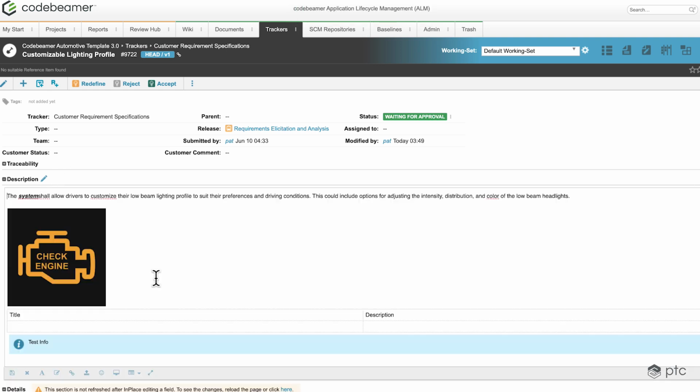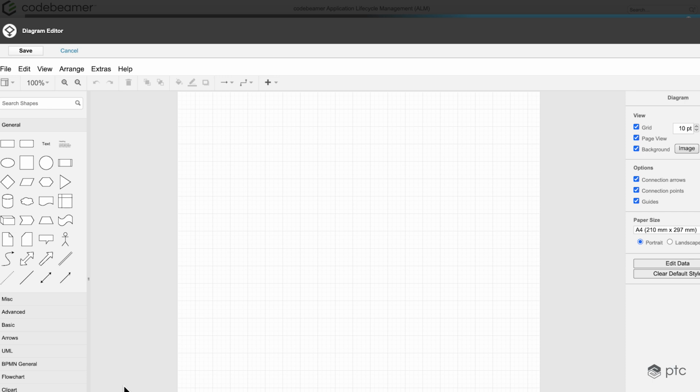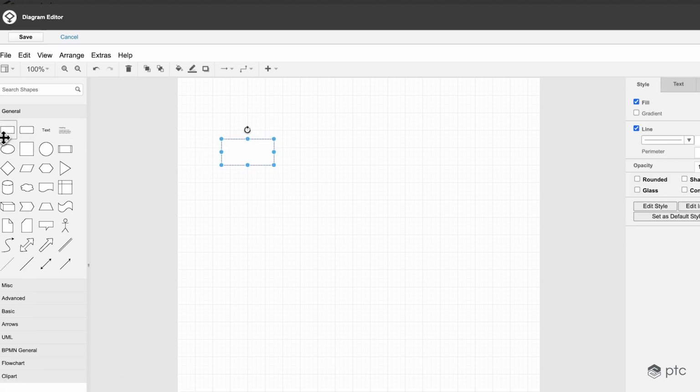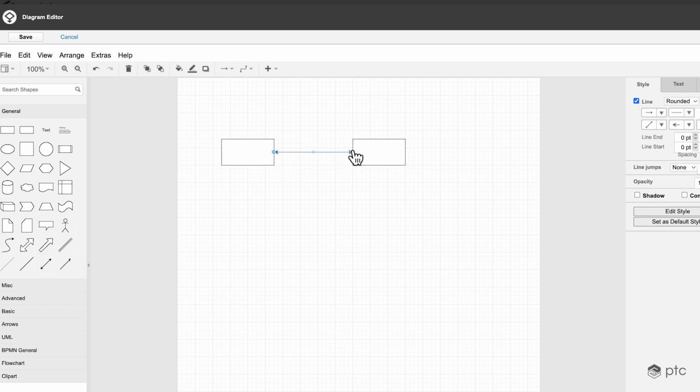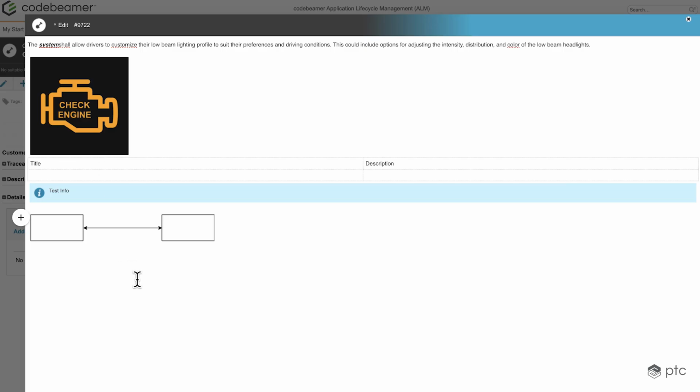Let's go back again to the description, and let's check out some of the other options. Staying with the advanced options, we can insert or edit a diagram right here inside the Wikitext field. So by clicking on that, we're going to be prompted to a draw.io interface where we can create our diagrams, and these diagrams can be saved immediately into our Wikitext type field. So I'm just going to create an easy diagram here just for the sake of the demonstration, and if I click on save, this is going to be saved immediately into our field.